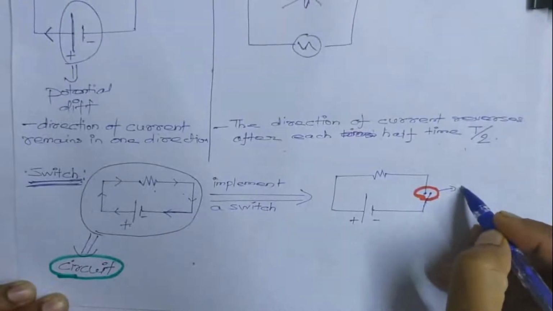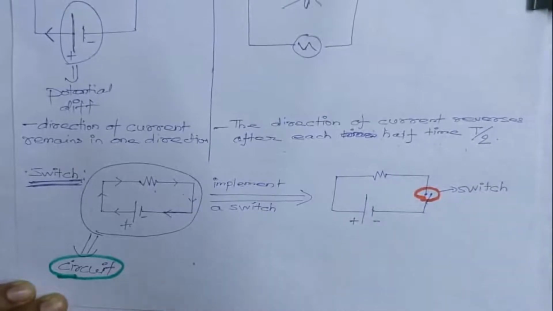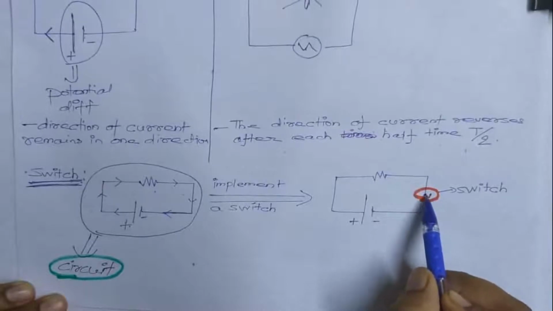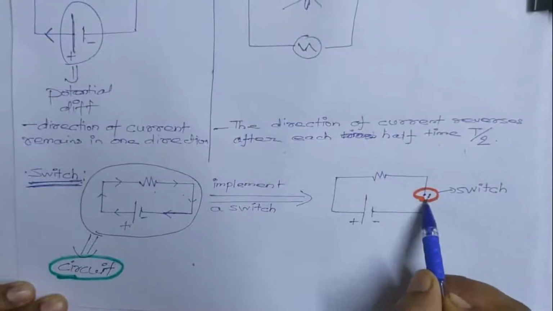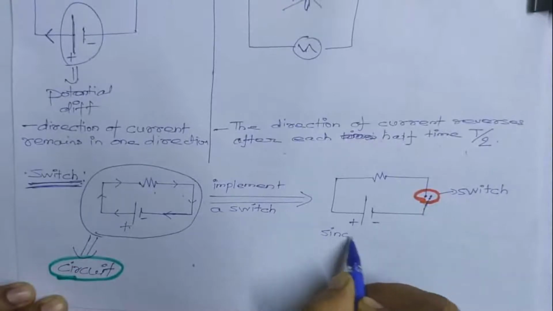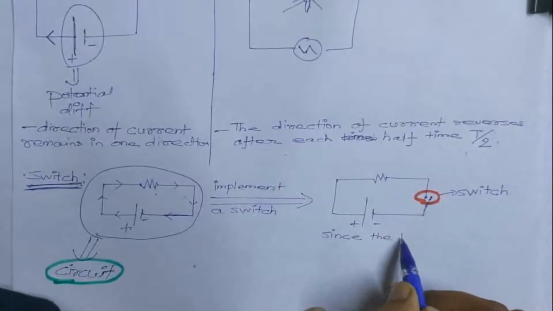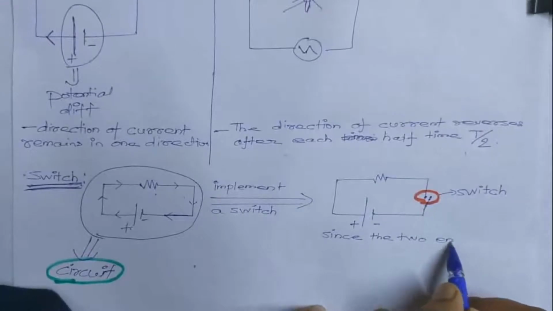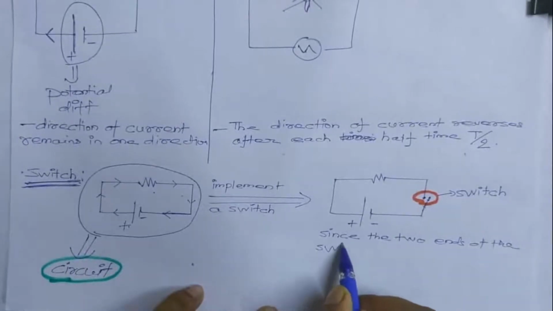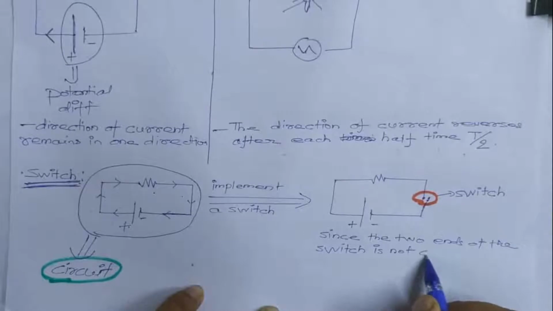You can think of a switch something like this. Now in this case, just observe it. I have kept these two points away from each other. They are not connected. That means, let me write it, since the two ends of the switch are not connected,